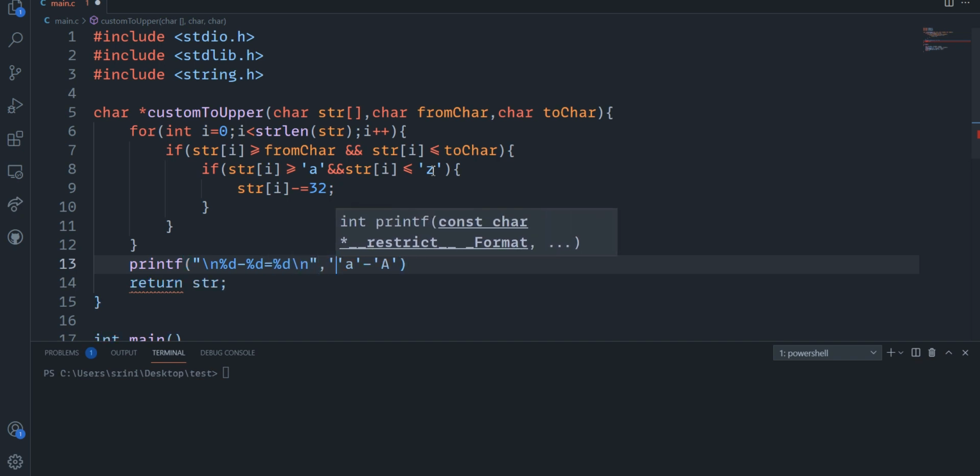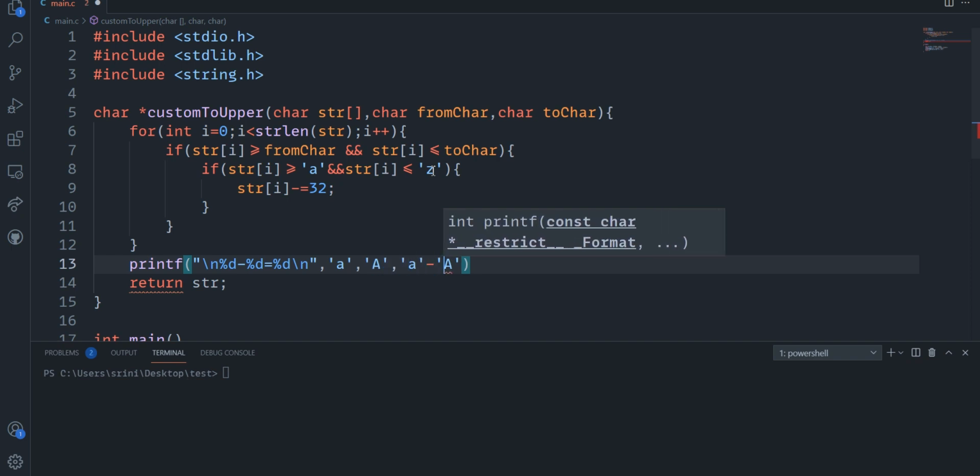This contains small a, cap A, and the difference value.